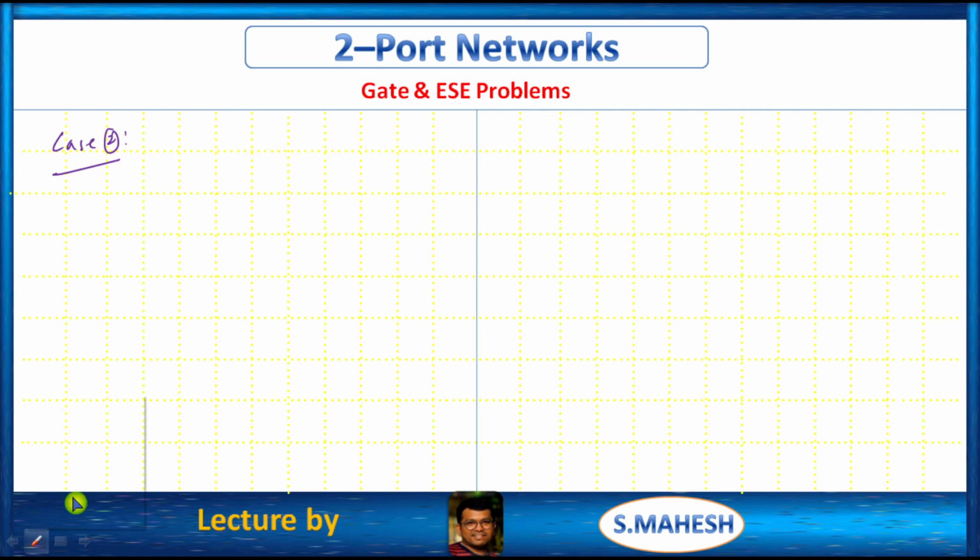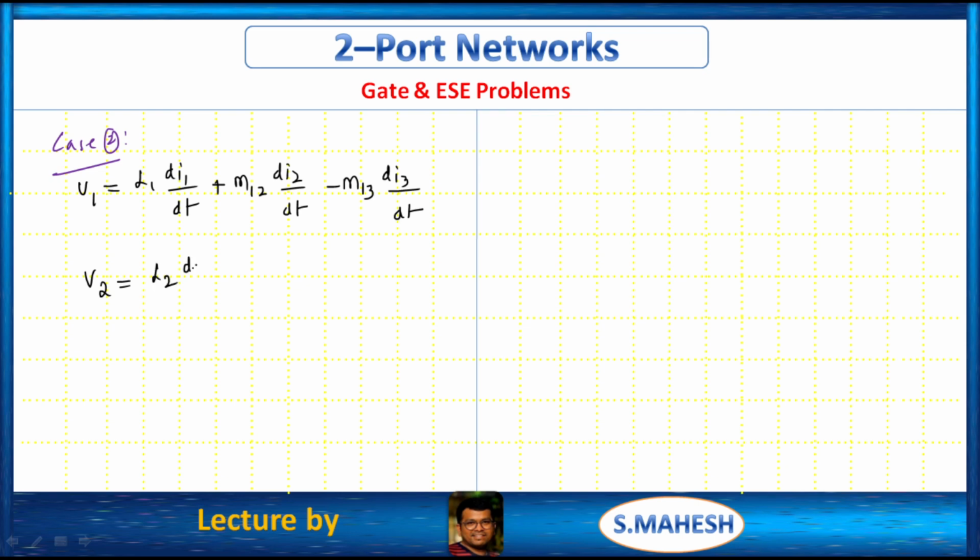Case 2. Simple. V1 is equal to L1 di1/dt plus M12 di2/dt minus M13 di3/dt. Completed. What about V2? V2 is equal to L2 di2/dt plus M12 di1/dt minus M23 di3/dt. Like that, V3 is L3 di3/dt